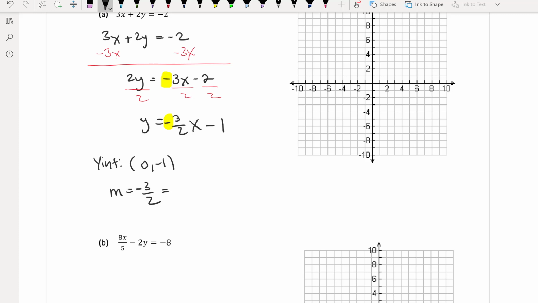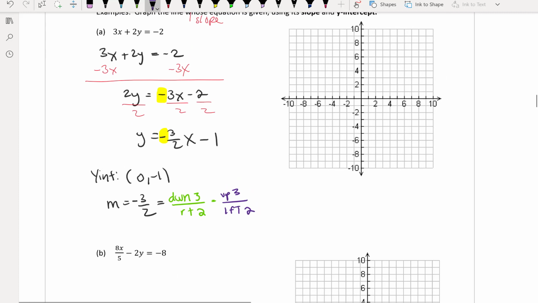So this is really saying that I can go down 3 and to the right 2. It also means I can go up 3 and to the left 2 if I chose. But I still have to start at that y-intercept. So my y-intercept's at (0, negative 1). So if I go down 3 and to the right 2,